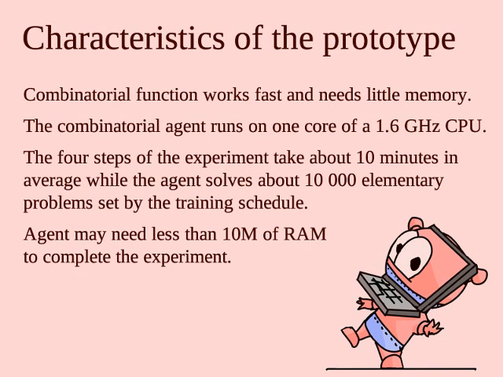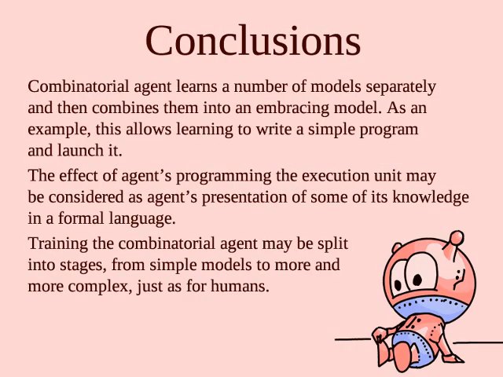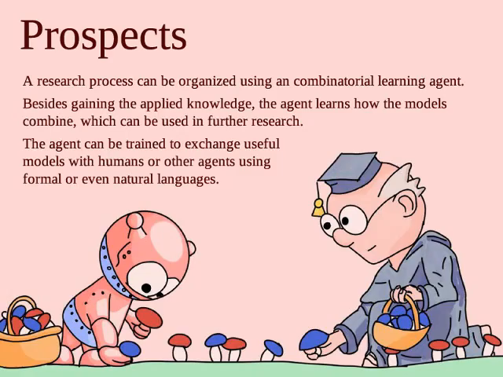To summarize, I would say that the combinatorial approach is working, and the agent learns from easy problems to harder ones, as it combines simple models into more complex ones. This effect is promising to exclude the artificial intelligence expert, who is now needed to define the structure of the learning system, from development in the future, as the system itself will be able to learn simple models and combine them into more complex models. And we think that the combinatorial approach is much closer to how humans learn and train each other, and we hope to impress you with more results soon.